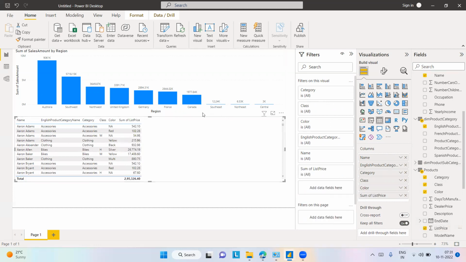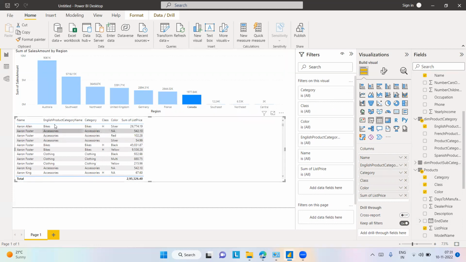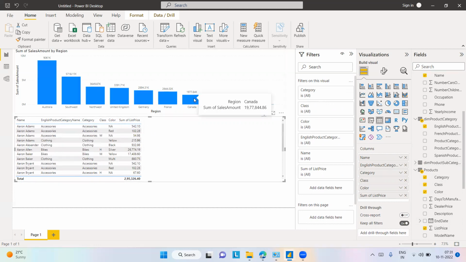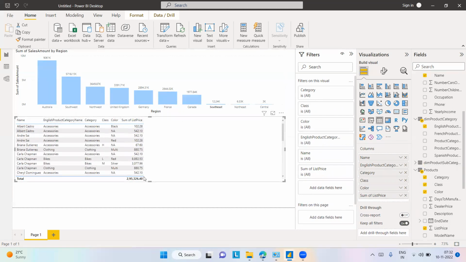So likewise, let's say if I wanted to drill down this data, Canada data specific to this region, automatically you see the data is filtering out. If I remove this filtering, then the data is getting refreshed automatically, right? If I select Southeast, the data is automatically selected in this visual. That is nothing but your interactive filtering. So when you have, but why is it happening? The reason it is happening